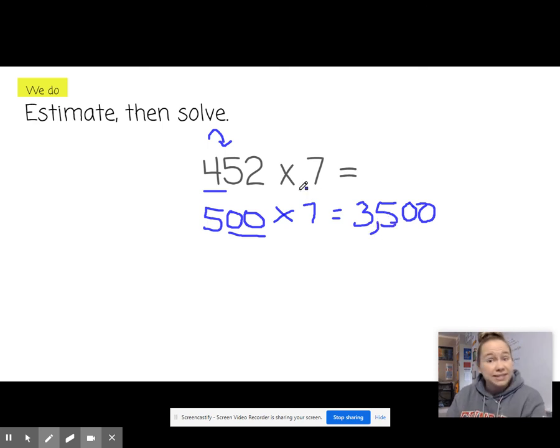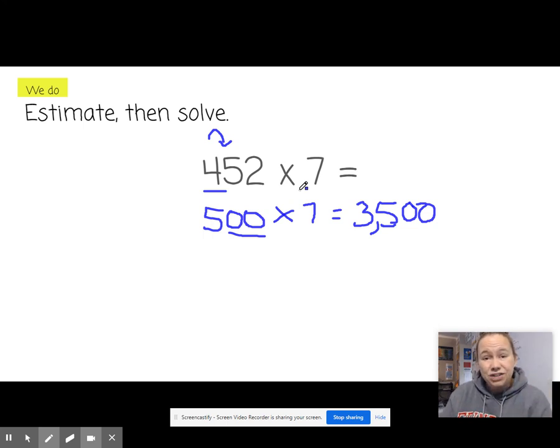Now I'm going to ask you the same question I've been asking you, friends. Is our estimated answer greater than or less than what the original answer would have been? And some of you are going to say, well, I don't know. We didn't solve the original answer. But you do know, because we rounded 452 up